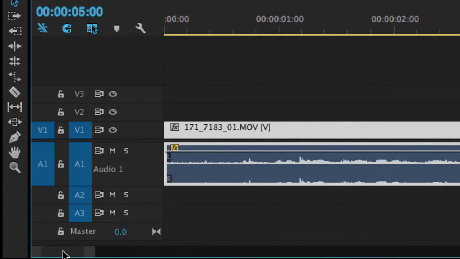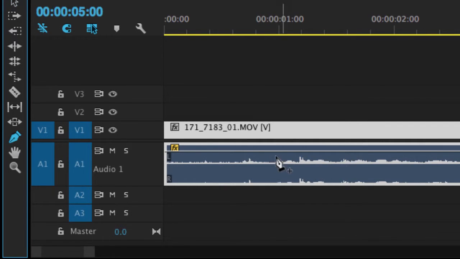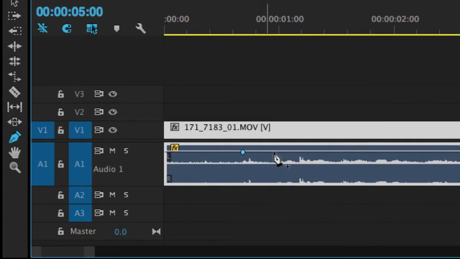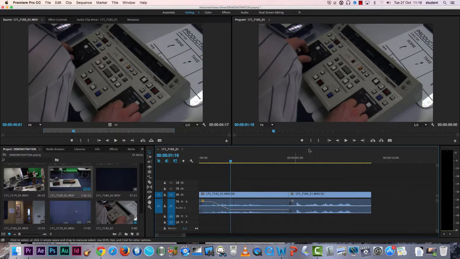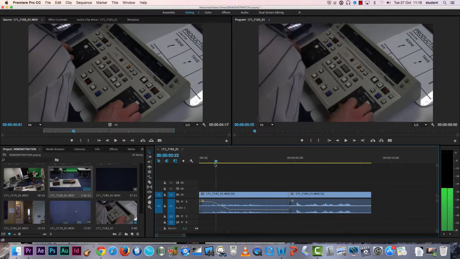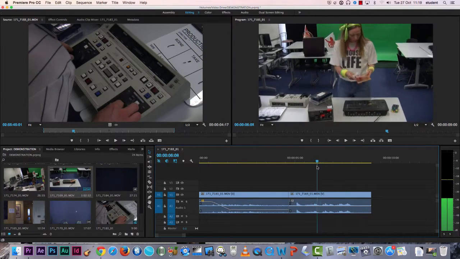Adding in keyframe markers to allow you to fade in and out at will can still be done by using the pen tool and clicking on this line, much like you could in Final Cut. Nothing's really changed about the output window. It still functions mainly the same as in Final Cut,